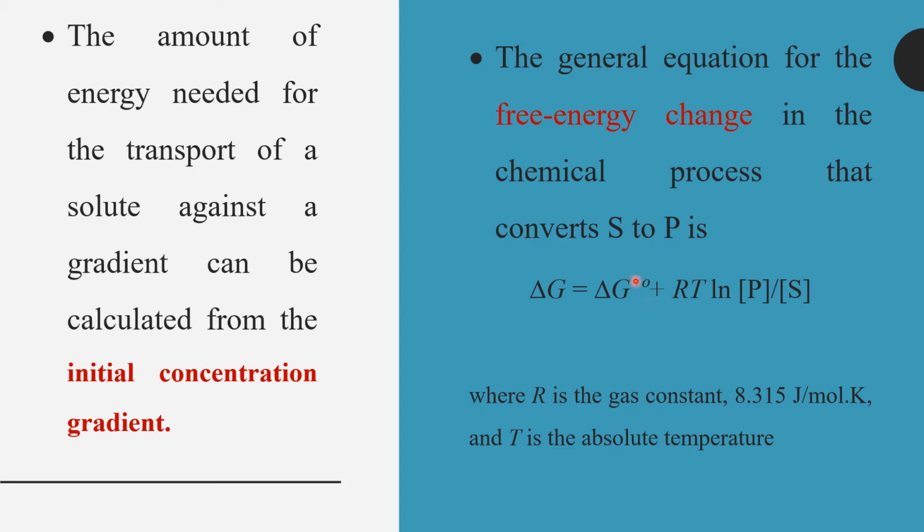Okay, the prime sign indicates that it is related with biological condition, and this delta G degree is nothing but the standard free energy change. But since prime is introduced, it means the standard free energy change in biological conditions, which is different from the chemical conditions. In chemical conditions, what we say that standard free energy means the 1 molar of solute, 1 molar of reactants, and there are specific conditions of temperature and pressure. So such conditions are not possible in biological condition.